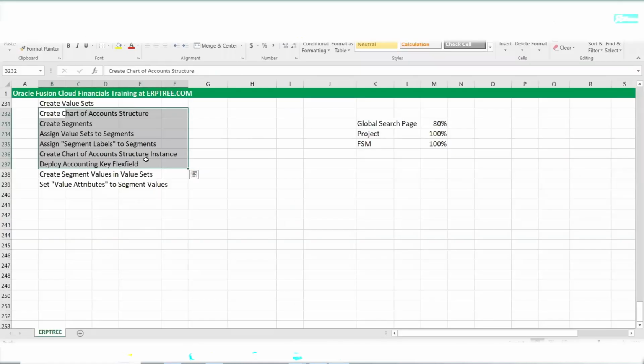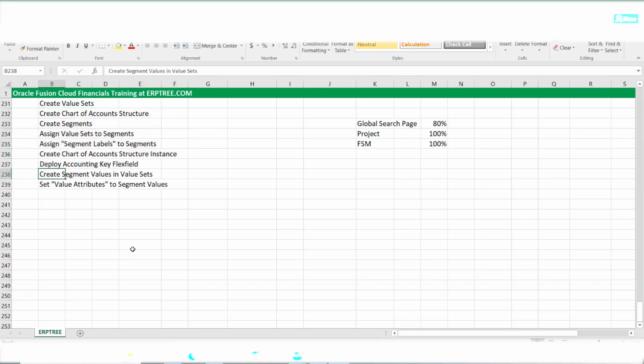Once you deploy, we can judge whether our chart of accounts is fine. If something is wrong, it will throw an error message. In the deployment process, it will do the required validation. What sort of validations it will do, we'll see that. Once validations are done, you can get to know how to go about it. If there are any issues, you can fix them, and again you submit for deployment. The next step would be